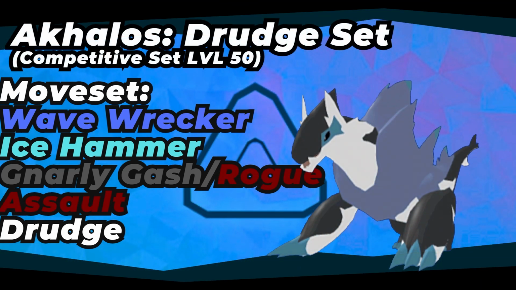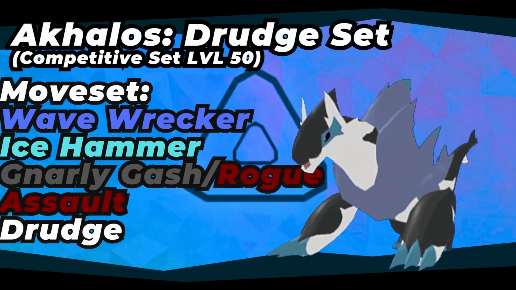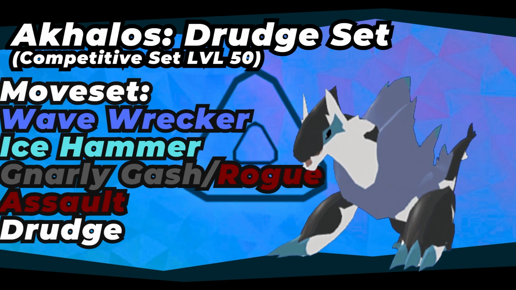And as for its moveset, Wavebreaker and Ice Hammer are going to be your 2 best STAB move options. Of course, you're running Drudge, and then your third move option can be Gnarly Gash or Rogue Assault. Gnarly Gash and Rogue Assault are 2 moves that can hit different things. You can hit metal types with Rogue Assault now. The main offenders of this are Celesting, Protagon, and you can also hit some other Lumions,